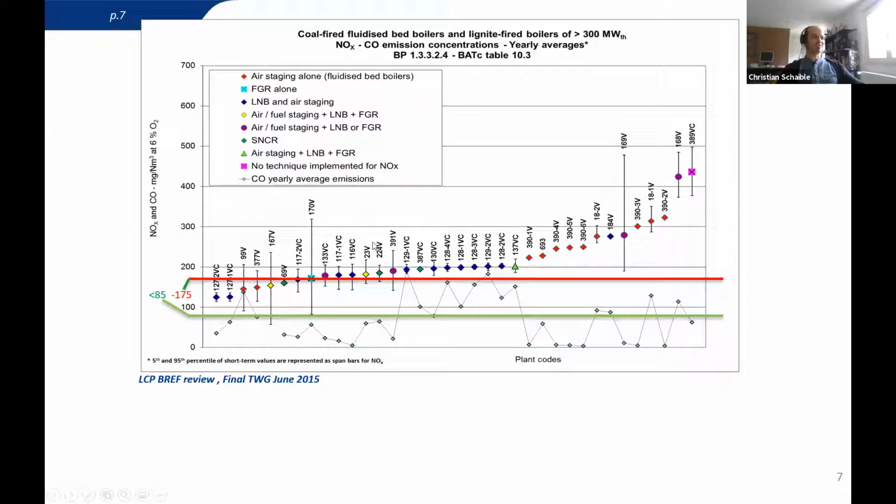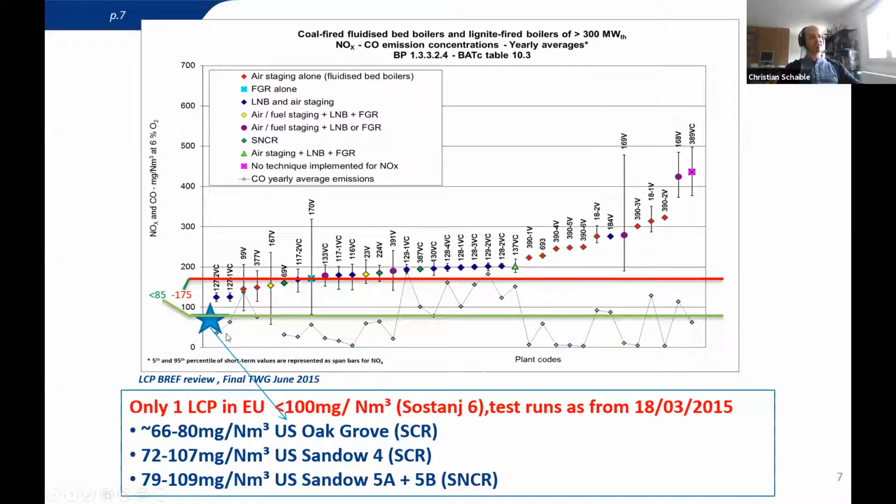So that's why this graph is not so nice, but I will just give you an example here. The star for this BAT should be SCR. Why? Selective catalytic reduction can reduce NOx by 85 to 95% on top, okay? SNCR can only cope with 50% NOx reduction. So we said, okay, where is this star? You're missing this one. We provided data from the US. There's one plant which runs on lignite with SCR. So it's in this area, okay? And a few more.